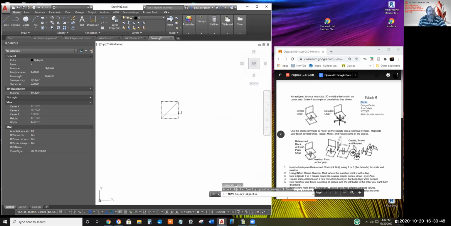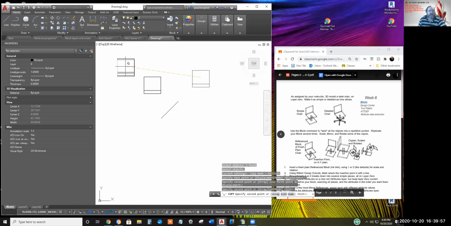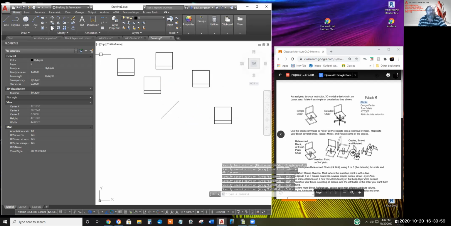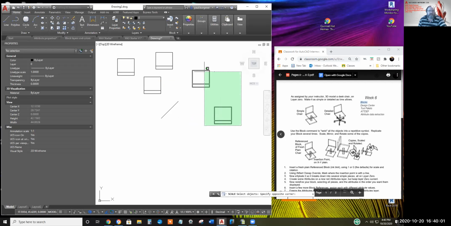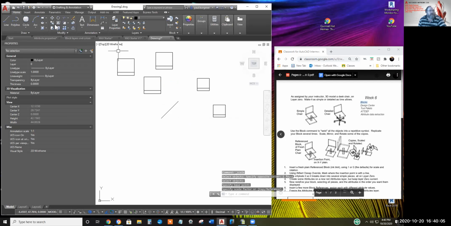Kind of like a polyline, you can grab it anywhere and move it around. And you can copy, and you can scale, and you can rotate,